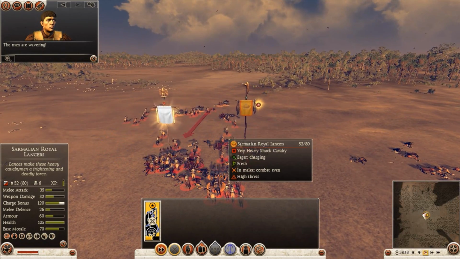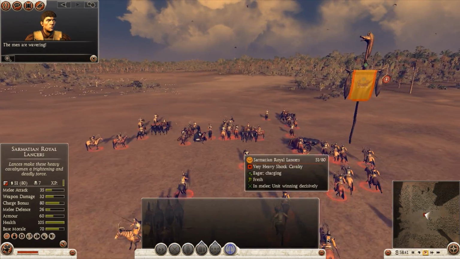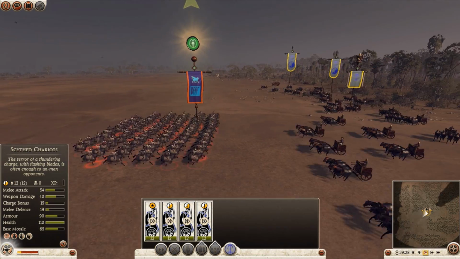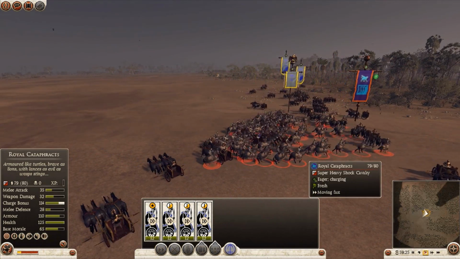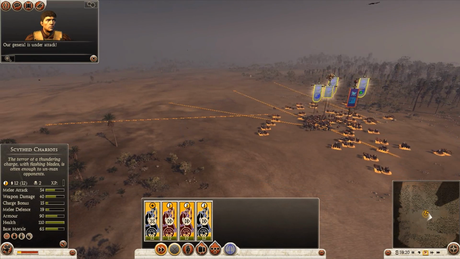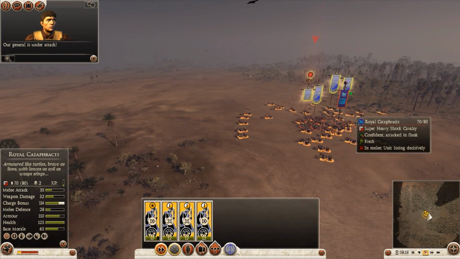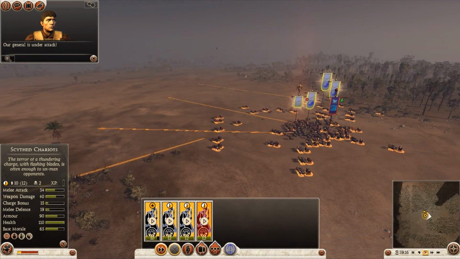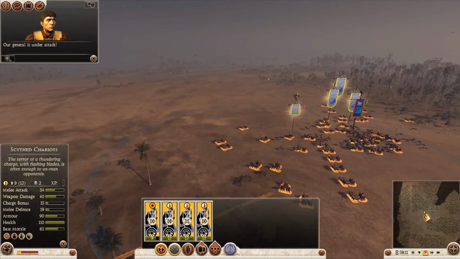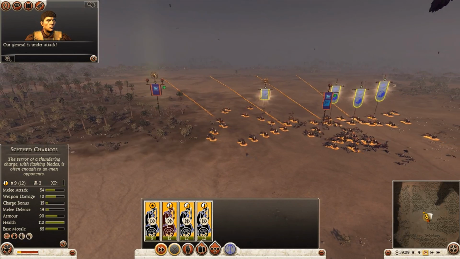And I do test this out on the Eastern Royal Cataphracts as well, of the Parthians. Again, the initial attack that the Scythed Chariots do against the horse units is pretty good. It's not big or anything. It's not catastrophic like against the infantry units, but it's still pretty big. Then, again, just like the other horse units, the Parthians are able to surround the chariots and annihilate them completely,